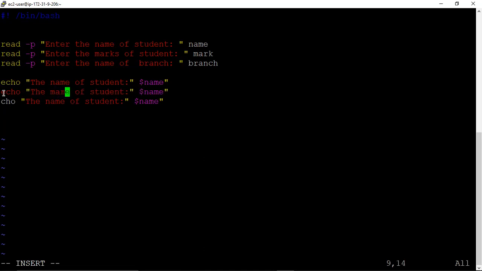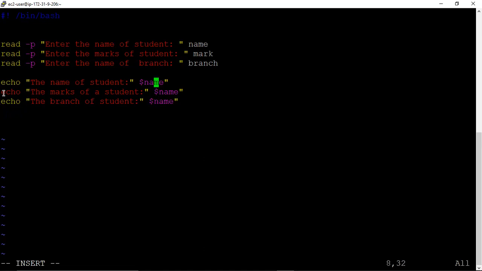The marks of a student. And in the last line we write the branch of student. The branch of a student. So here we have to change a variable, obviously.